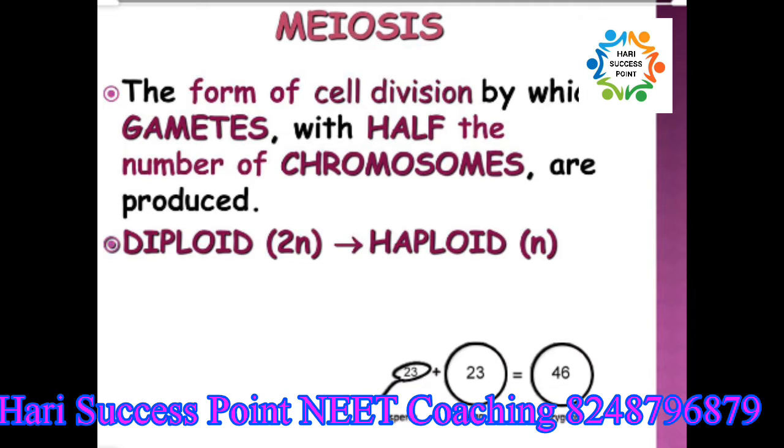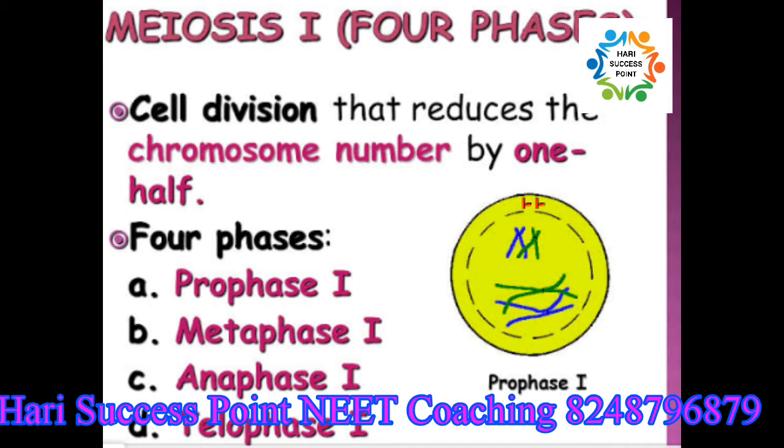The production of offspring by sexual reproduction includes the fusion of two gametes, each with a complete haploid set of chromosomes. Gametes are formed from specialized diploid cells. The reduction division that leads to the formation of haploid gametes from a diploid cell is called meiosis, or it is also called the reduction division.